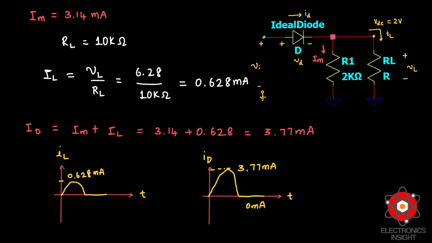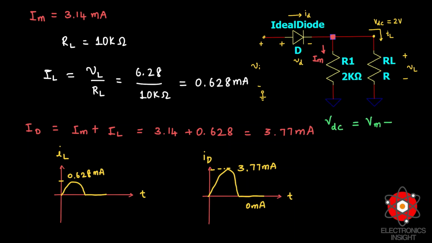So now this Vm will change with respect to the ideal diode considerations. Once we start considering this as a silicon diode with some voltage drop, or a germanium diode with some voltage drop, then my VDC will change to